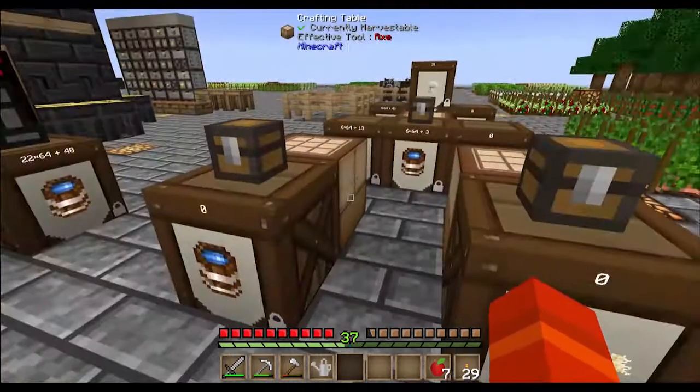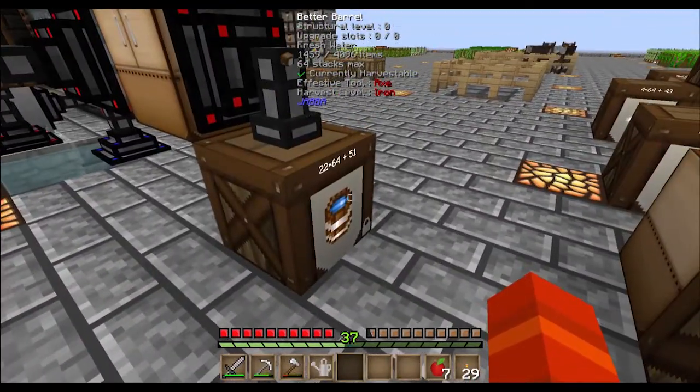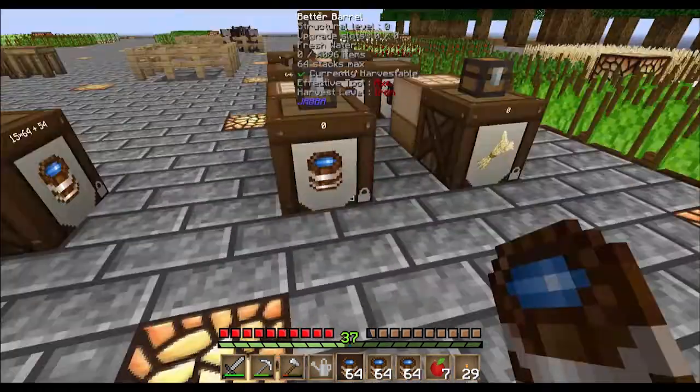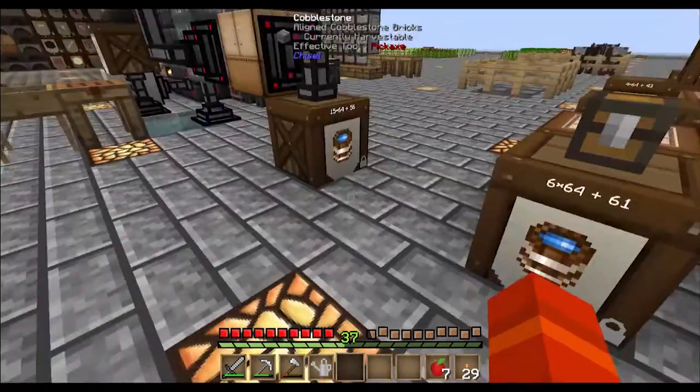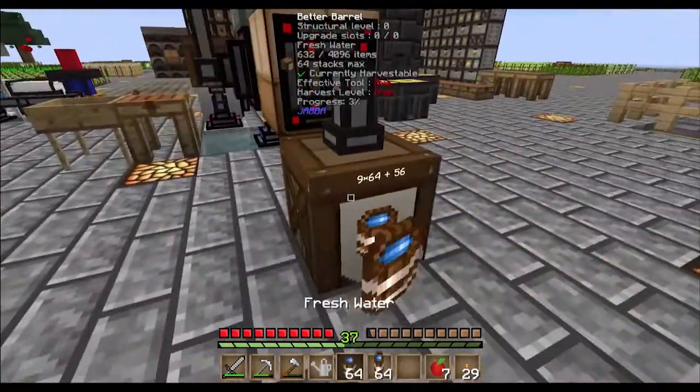So I think in the version they were playing, it was easier to make ender chests. So what I do is I just pull them out of there and throw them into the one that needs it. This one doesn't really need it right now, but